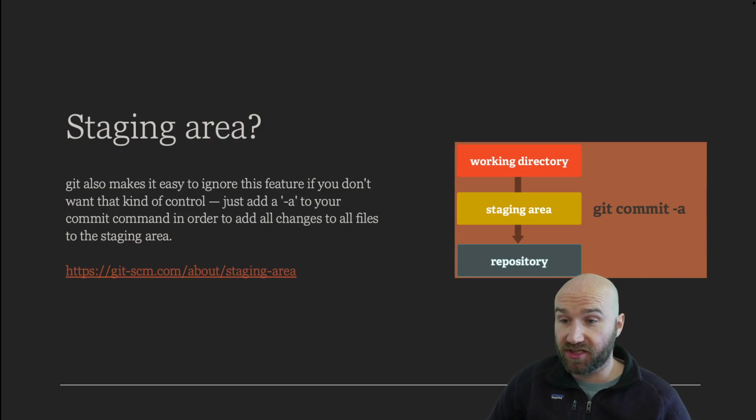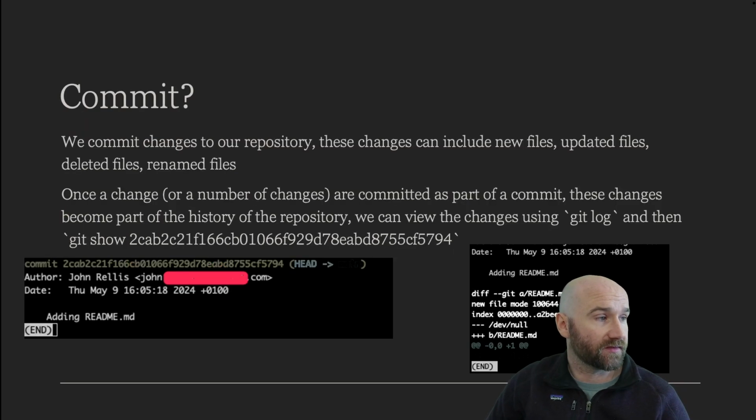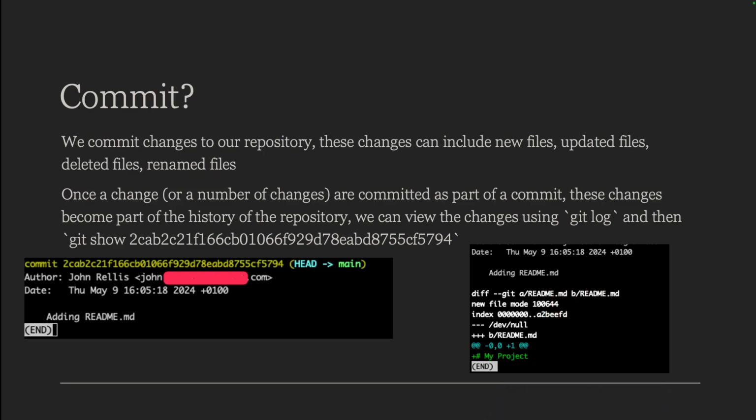So you just add a -a to your commit command in order to add all the changes to the files. And there's a link there to the official Git site. Git is a free open source project, and it has fairly terse documentation, I would say, but it has free ebooks available, and describes the staging area in a little bit more detail than this, because this is essentially where I've got this material. So one thing I've been mentioning over and over again is